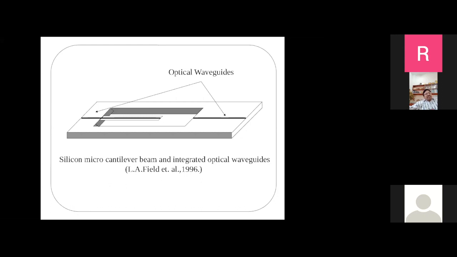So you can inject light into the input waveguide, and then you can measure it at the output waveguide, and you can apply a force on top of the cantilever beam, and there is a mismatch. It can be very sensitive. Very small quantities of pressure can be measured by using such cantilever based structures.